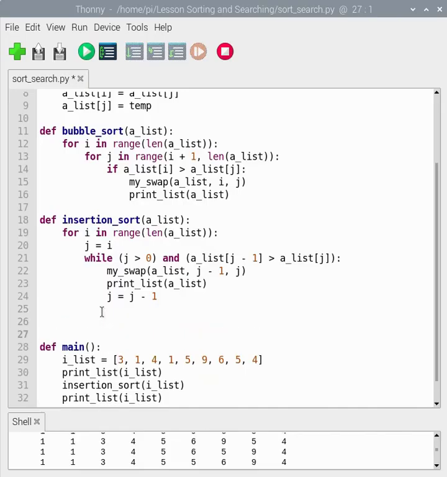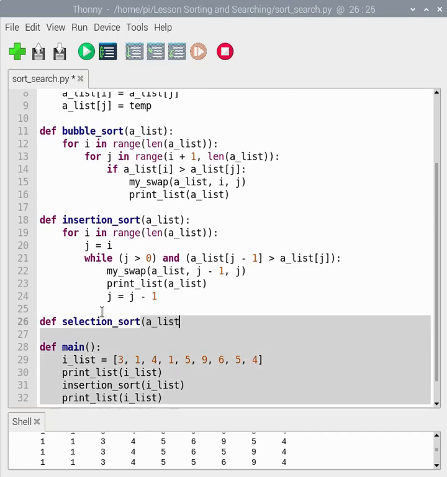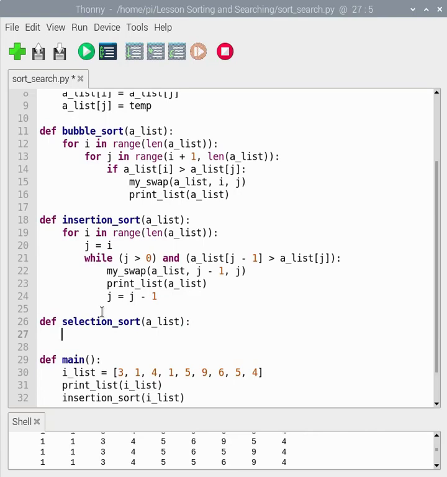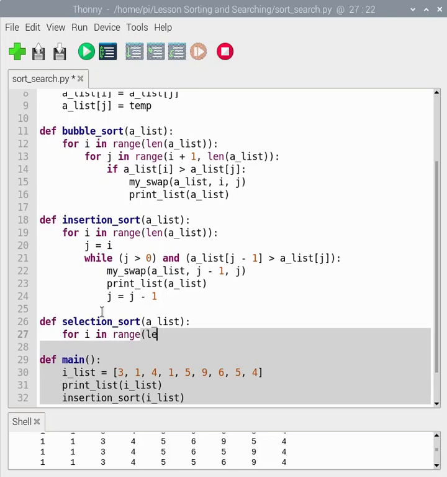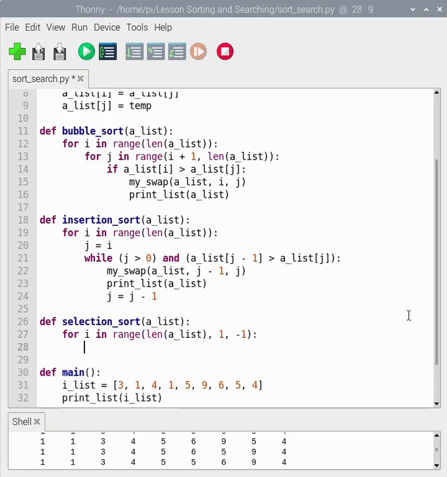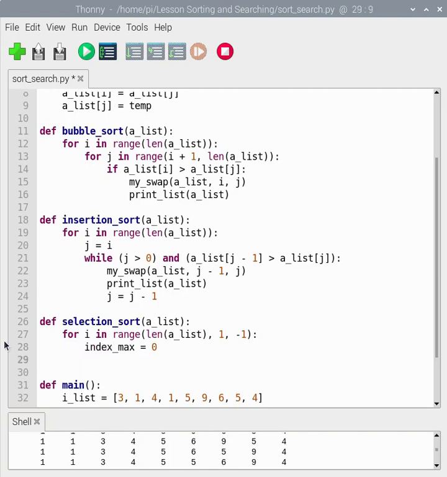Let's create a function that's called selection_sort. That function will take a single parameter, a list. Initially, our entire list is unsorted. So we'll do for i in range, the length of the list down to 0, not inclusive, or to 1, in increments of -1. Index max is going to be the index of the maximum element in the unsorted part